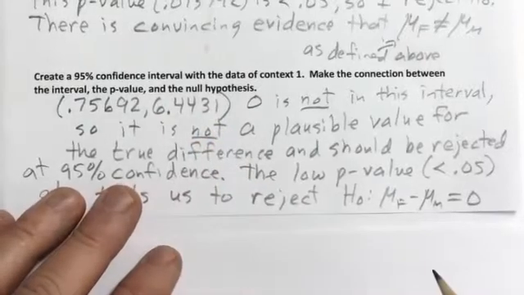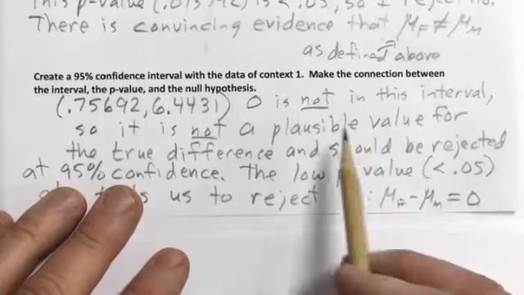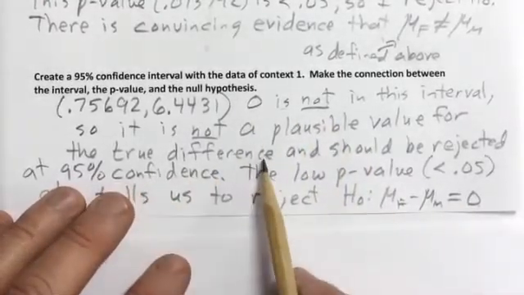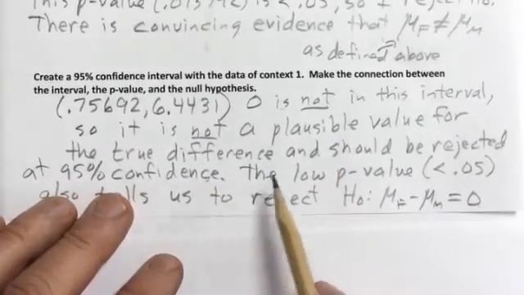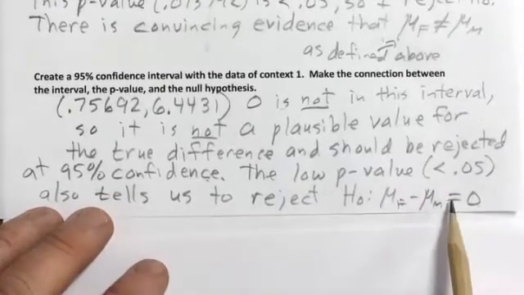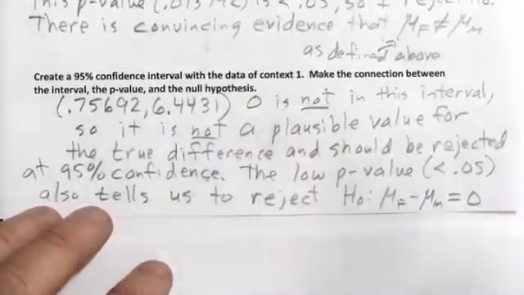And remember, our null hypothesis is that the difference is 0, okay? But 0 is not in the interval, so it is not a plausible value for the true difference and should be rejected at 95% confidence. The low p-value below 0.05 also tells us to reject the null. So if 0 is not in the interval, it's to be rejected,